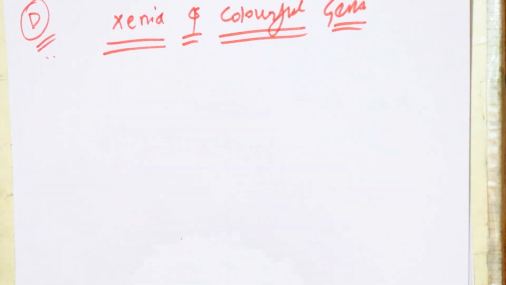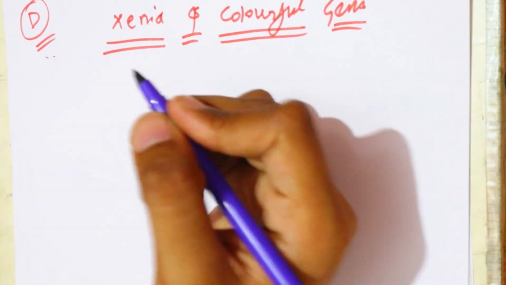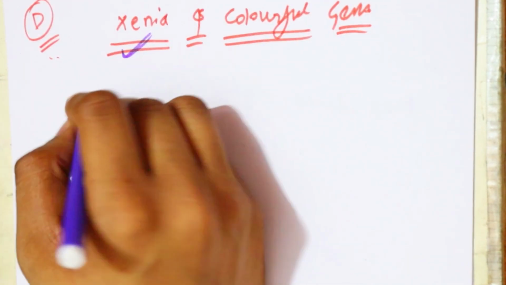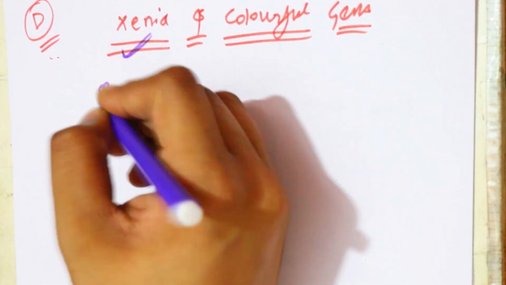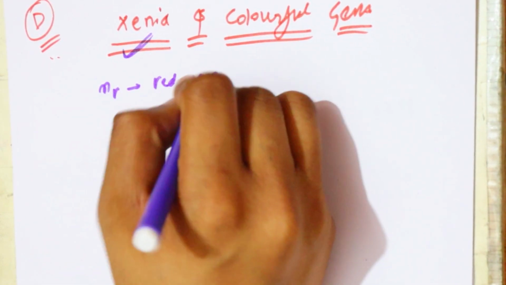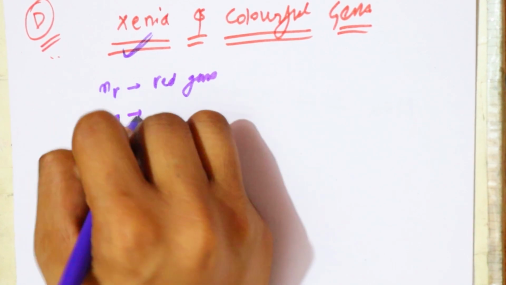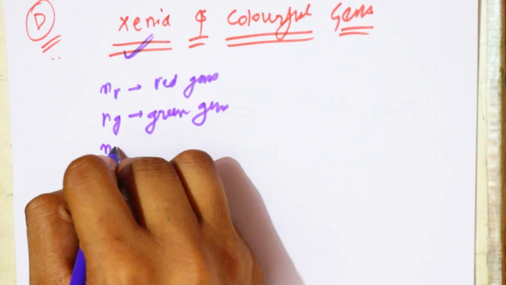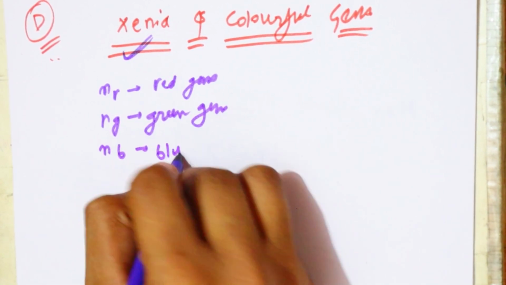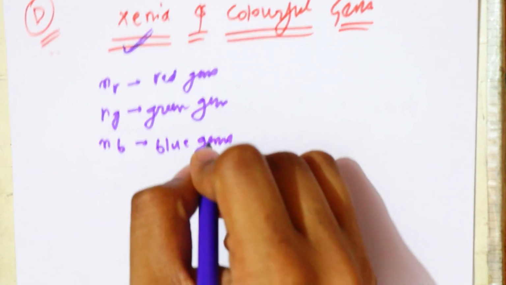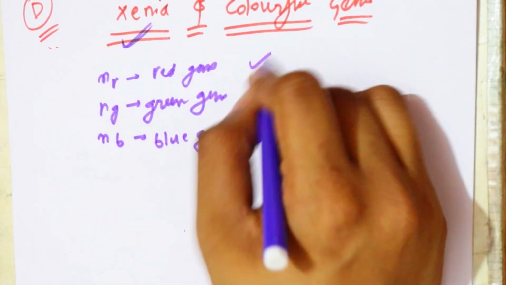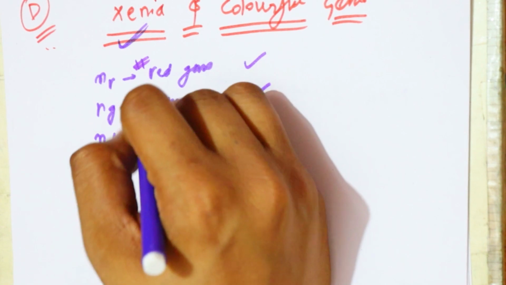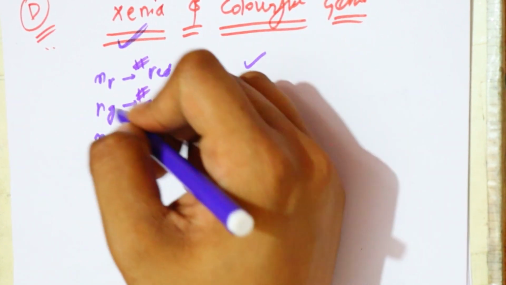First of all it is said that there's a girl named Xenia and she has NR, the number of red gems, NG, the number of green gems, and NB, the number of blue gems. So we will be having NR, NG and NB, which state the number of red gems, green gems, and blue gems.